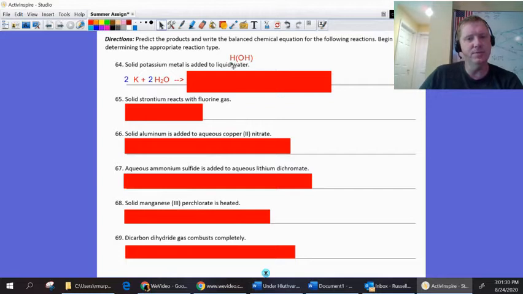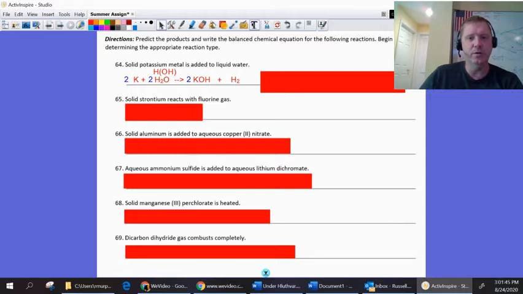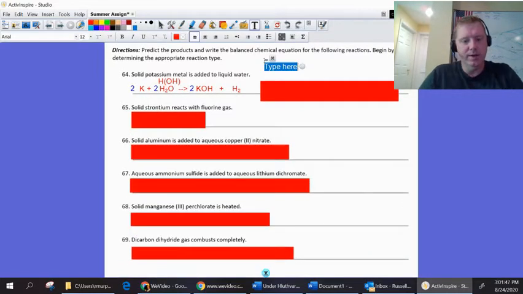Remember how I said this is a much better way to write it. So if you think of it as HOH instead of H2O, it's going to kick one of those hydrogens off, and you're going to have potassium hydroxide. And after you kick the hydrogen off, it's got to go somewhere. Well, it's going to be H2. And this is where I remind you of the